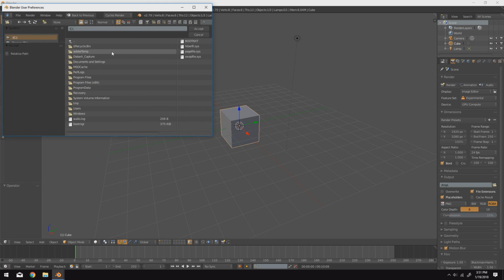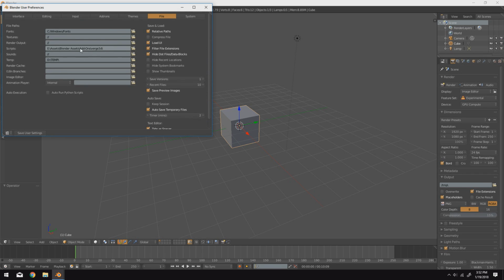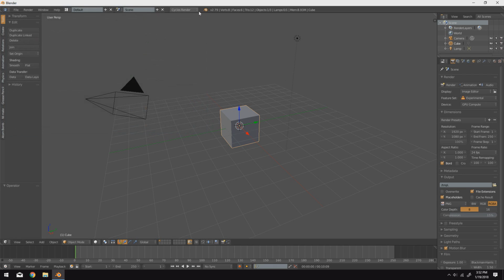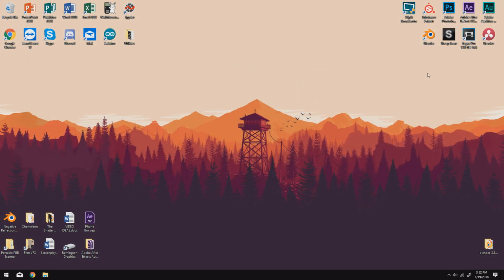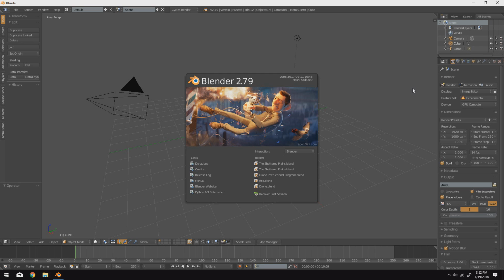Click that. And then go ahead and navigate to that same folder where you saved the Verge3D files from before. Go so far as opening the Verge3D folder, but don't open any of the files in there. Once you have the folder open, you can go ahead and click Accept. Now you can see that our directory has been copied right here. We'll click Save User Settings at the bottom of the window, and then we can exit out of Blender completely. But we're going to launch it right away again because we have to restart Blender